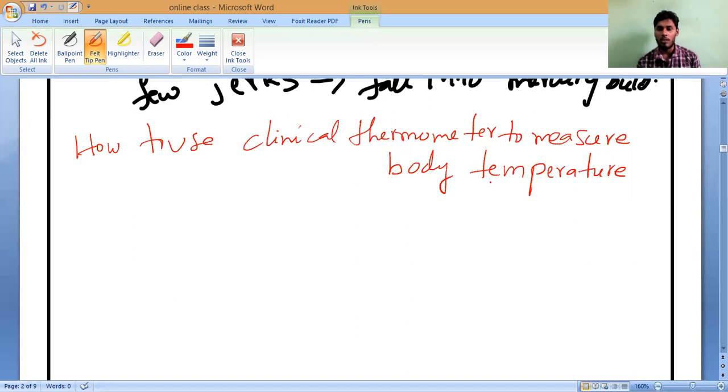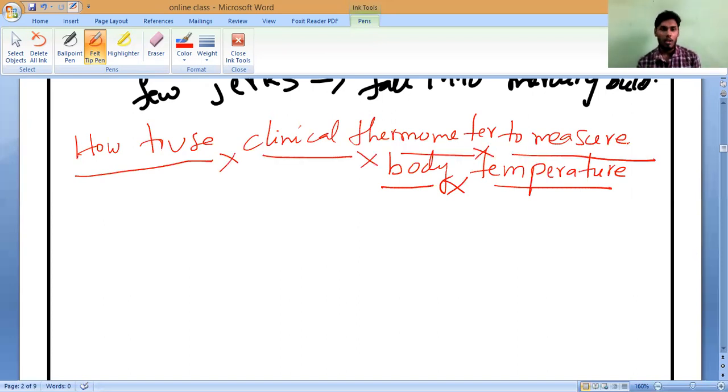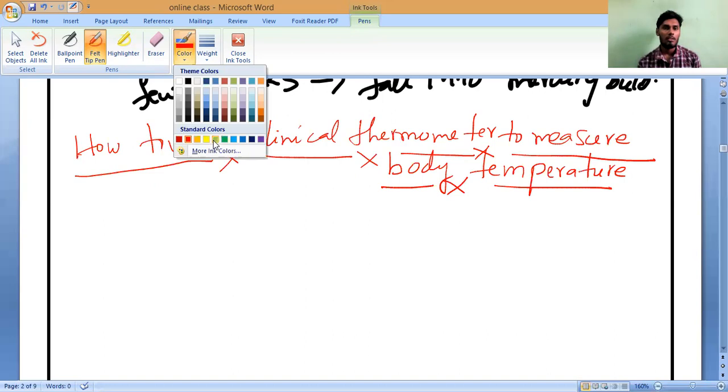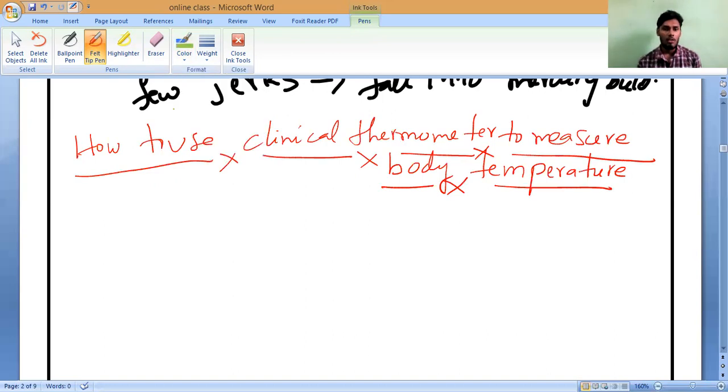You have to follow. Suppose in our home, if you are measuring body temperature, Mari, do you have a thermometer in your home? Many of you are having one now. I know that because of COVID, you people are all having a thermometer now. Correct or not? Yes, sir. So now, let us see the activity.